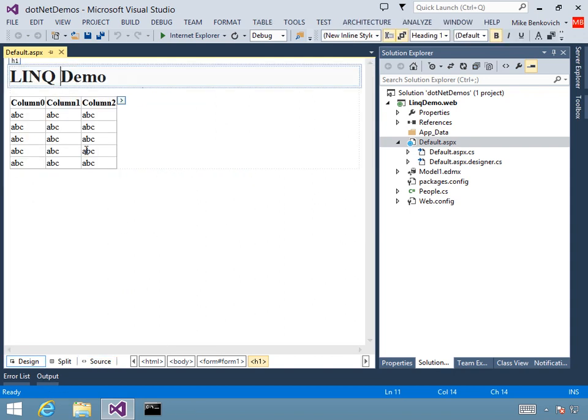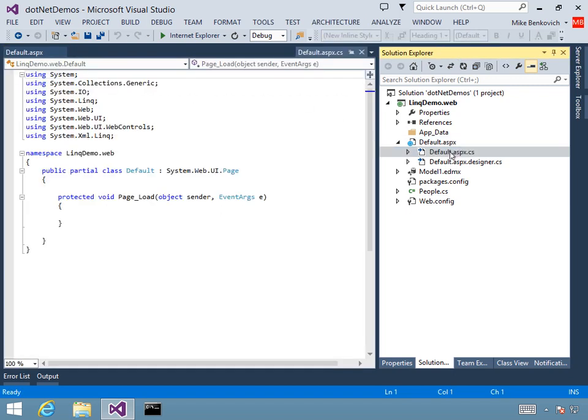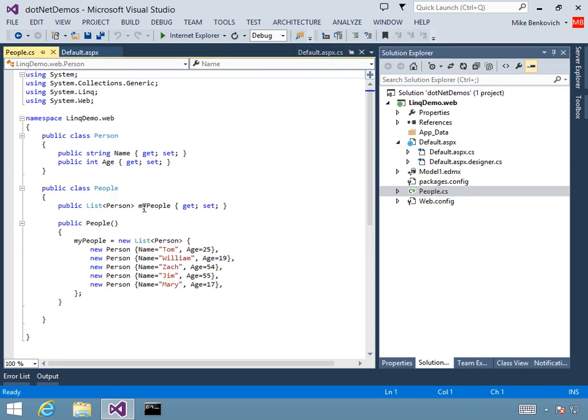The thing that I want to do is iterate through and look at how we can use LINQ to look at data and work with it inside of our applications, because data is really centered in everything that we do inside of building software. So in our class, I want to go out and do the classic, let's see how we can bind to something. Suppose I've got a class called People, where I've got a Person object, which has got a name and an age, and then we've got a class for People, which contains a list of